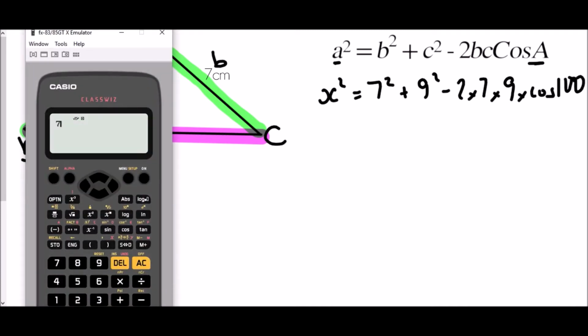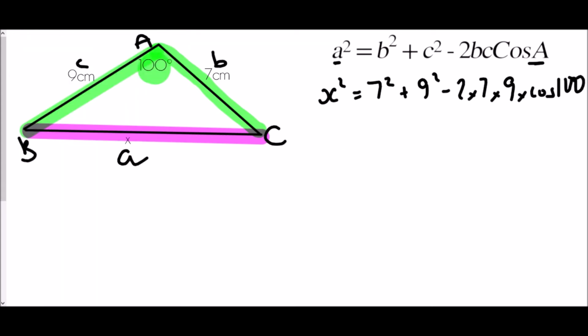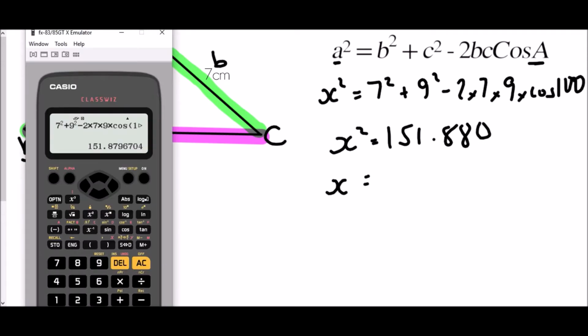We get 7 squared plus 9 squared, take away 2 times 7 times 9 times cos 100, close bracket, equals, so x squared is 151.880, but that is x squared, so we need to square root that answer. So all we need to do, root answer equals, and that's going to be 12.32